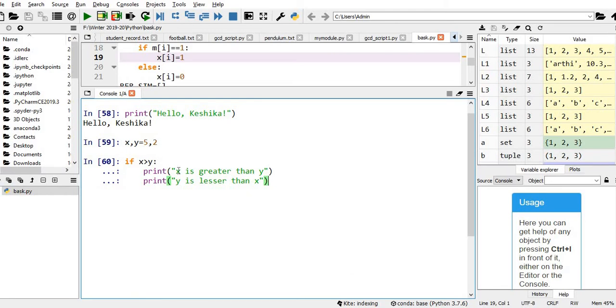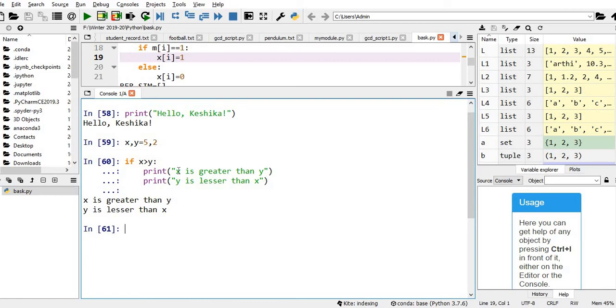If x greater than y, print x is greater than y, then y is lesser than x. Let me hit enter. You just see, since x is 5, y is 2, the condition is true, so the two print statements are getting printed.